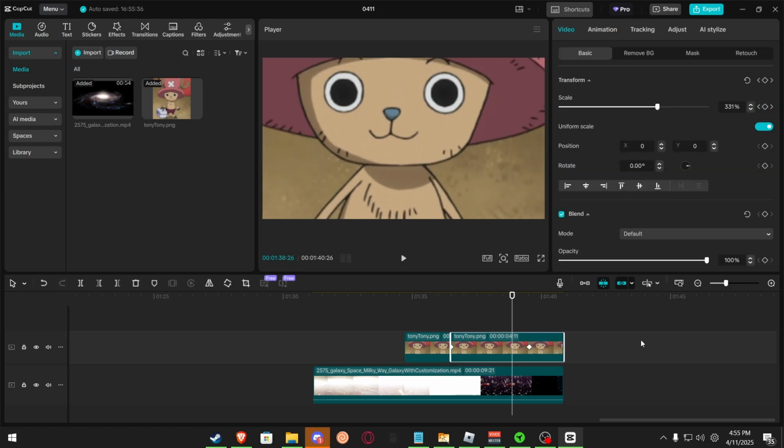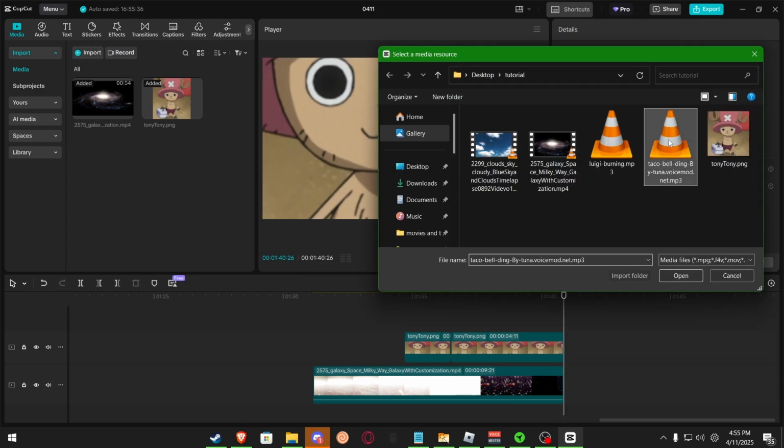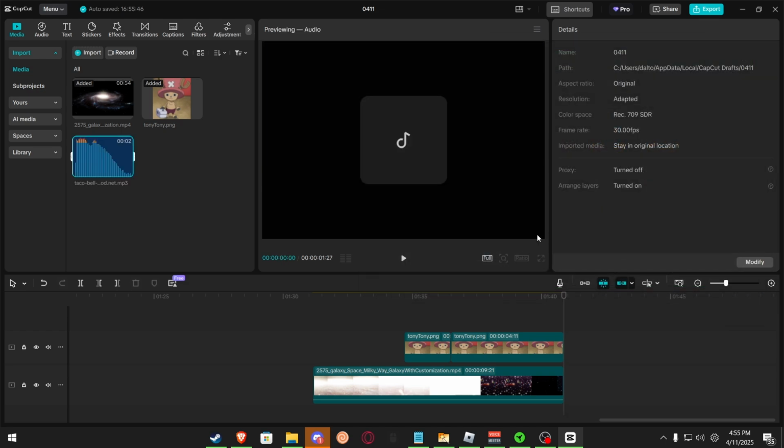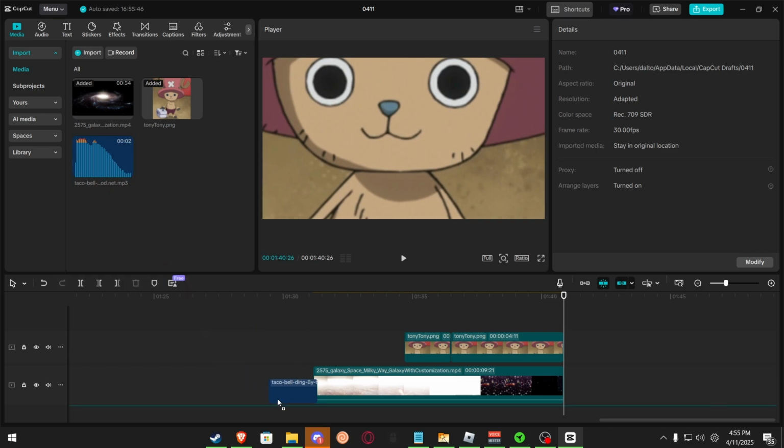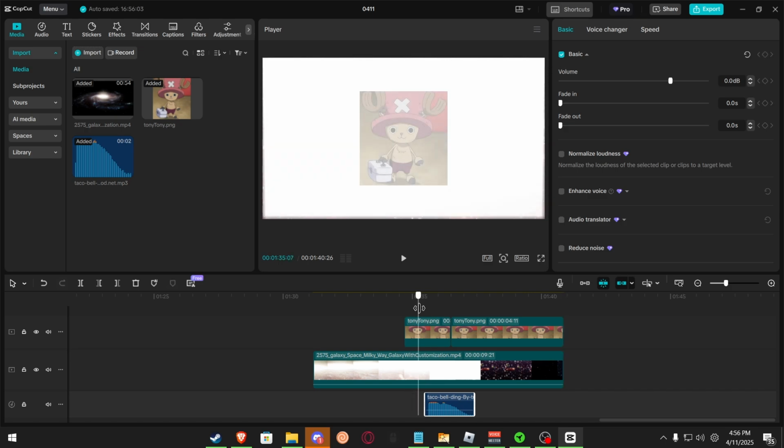So now that he's here, we are going to add a sound effect. Have the Taco Bell sound. I think that'd be funny. Now this is where you can import your audio. Your audio track is not going on a video track, because why would you think that? I'm just going to put it here, when the apparatus has appeared. So it's right around here.